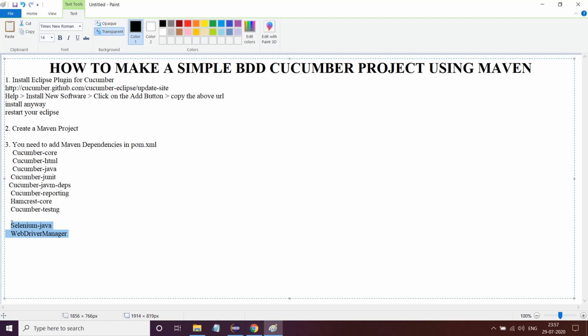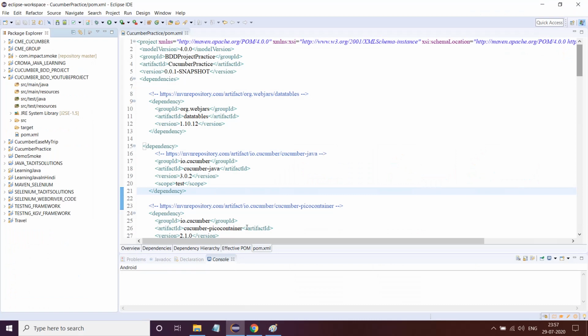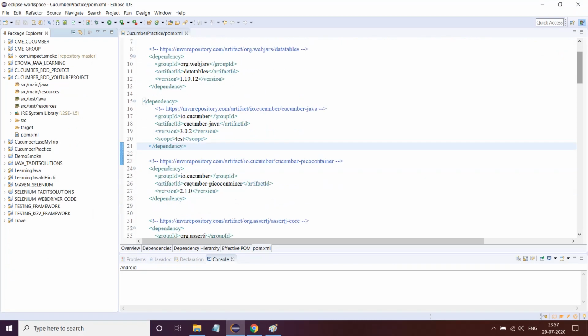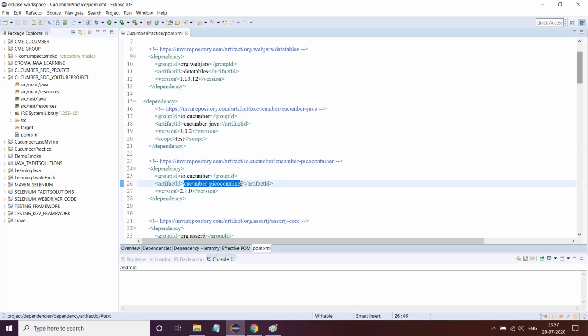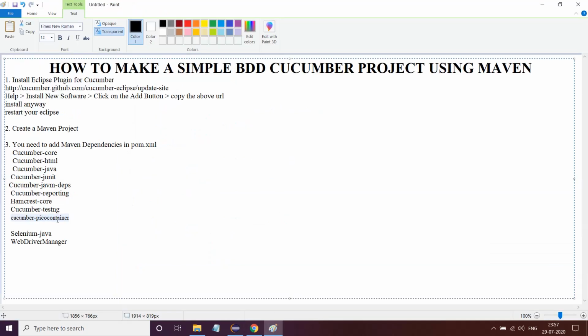Also, I forgot one thing which is very important. This is known as Pico container. Wait, let me show you. I've already added this. Yeah, Cucumber Pico Container, sorry. You'll have to add this one also. So these are the things alongside these, and if you have Apache POI and all, you can go on and add, but these are the things which you have to definitely add.